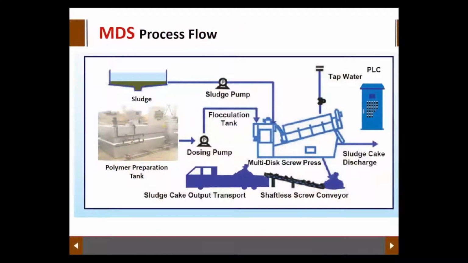Following is the MDS process flow, where sludge is firstly fed into the flow control tank and then flows down into the filtration tank, where polymer is added. The filtrated sludge overflows into the dewatering drum, where it is filtered and compressed. The entire operation sequence, including the feed control, polymer preparation, dosing, and the sludge cake discharge, are controlled by the built-in timer and sensor of the PLC.